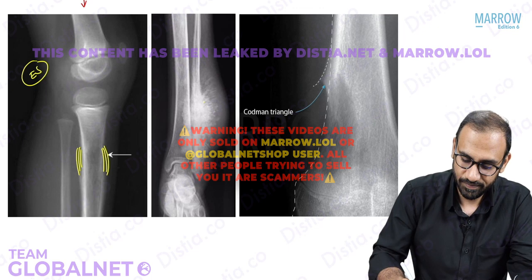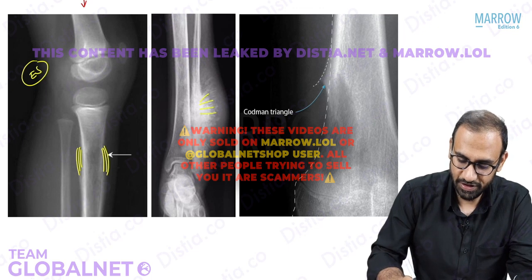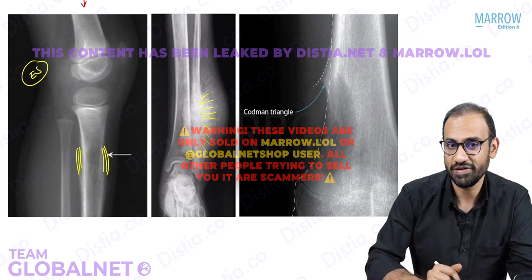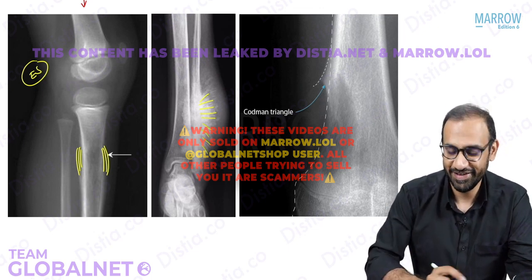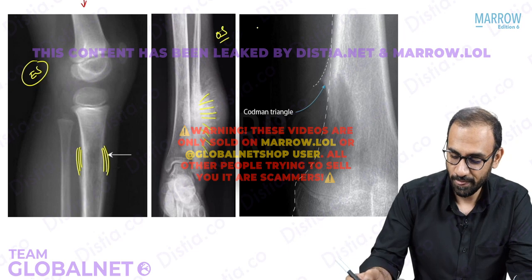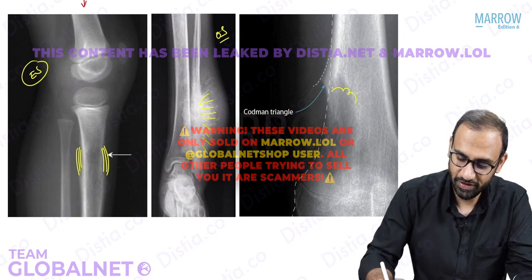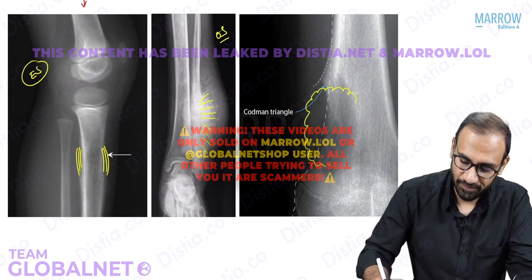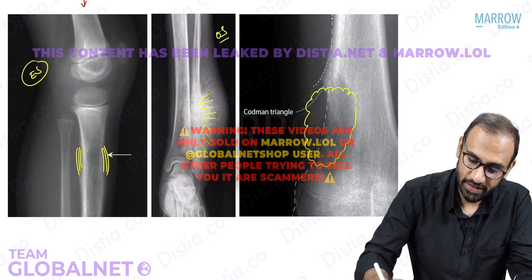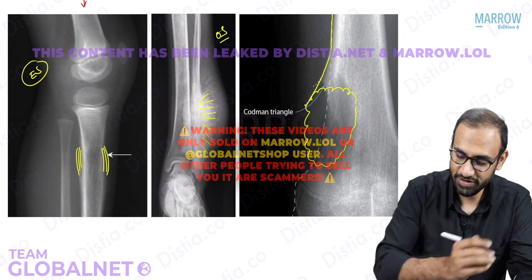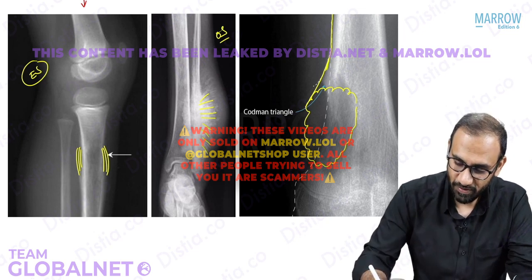Look at this. The second image. There is calcification in the lines like this, like a sun ray or sunburst appearance. This is periosteal reaction seen in osteosarcoma. Very good. And look at this. There is a lesion here in the metaphysis that is growing. And when it grows, it lifts the periosteum with it. And as it lifts the periosteum with it, the bone starts to form under this elevated periosteum.